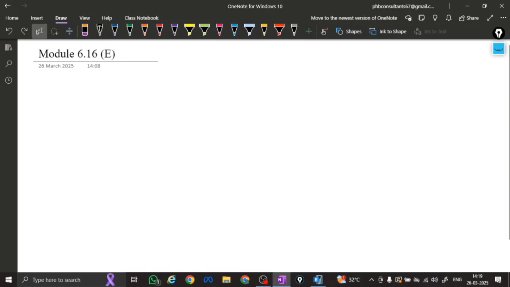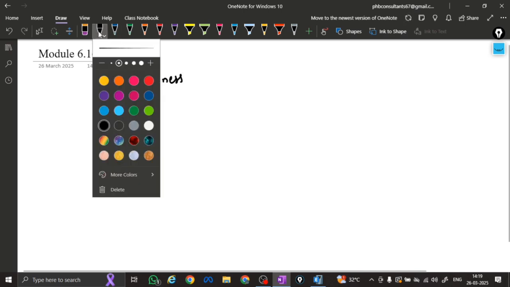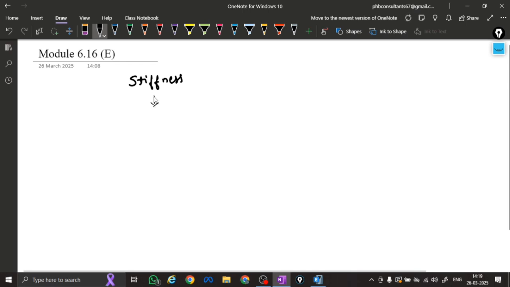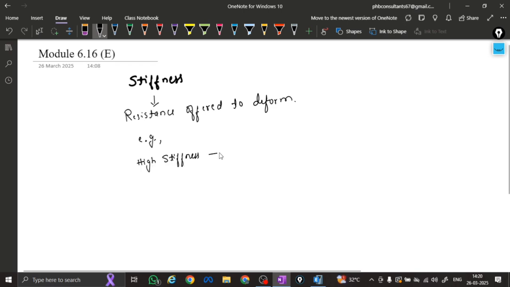Now we will see about stiffness. Stiffness means a resistance offered to deform. For example, if we have high stiffness, then